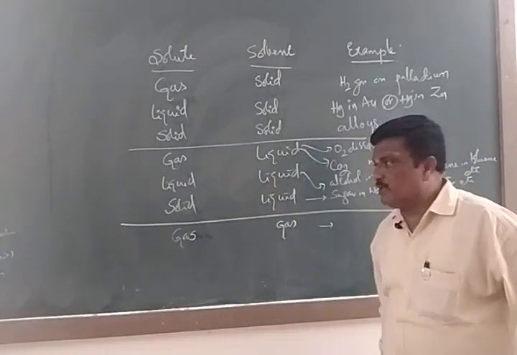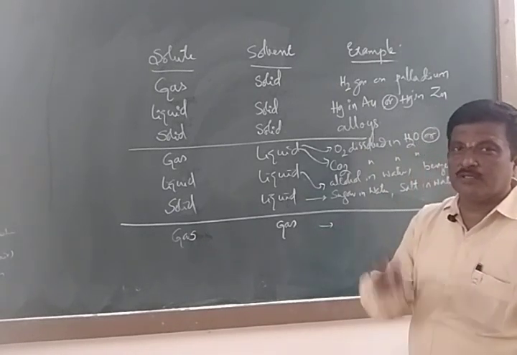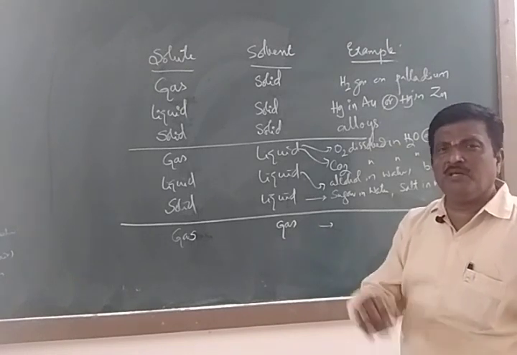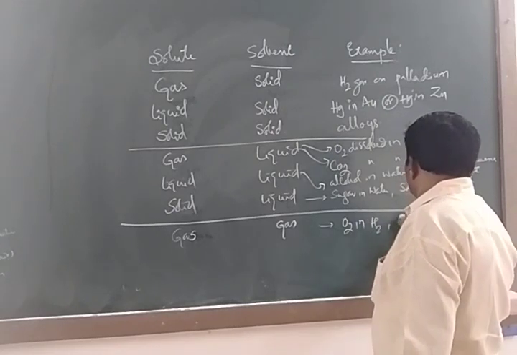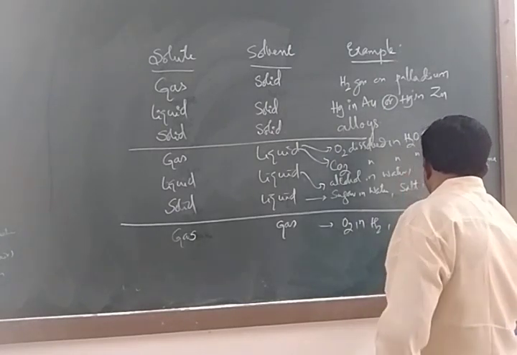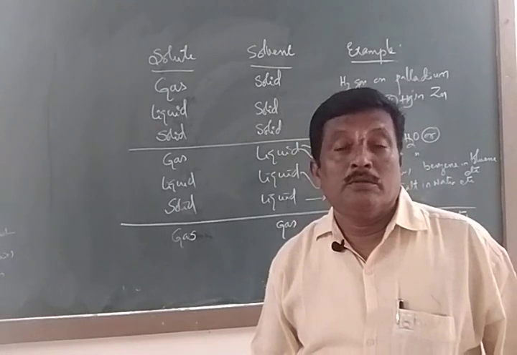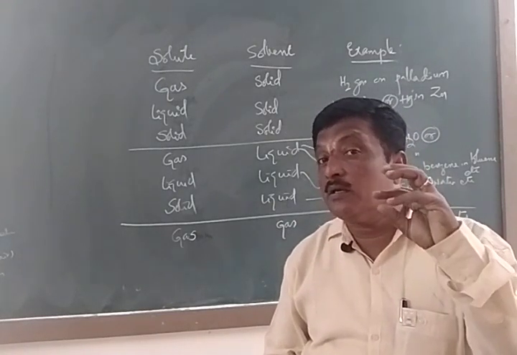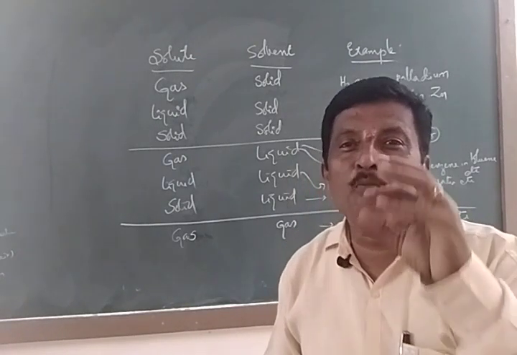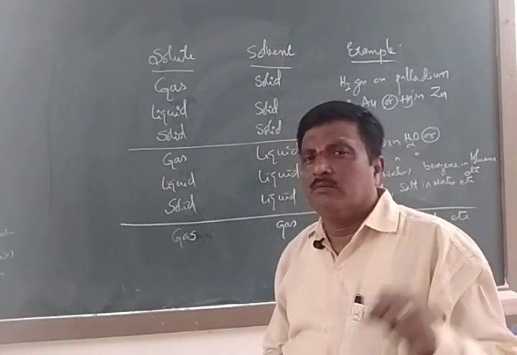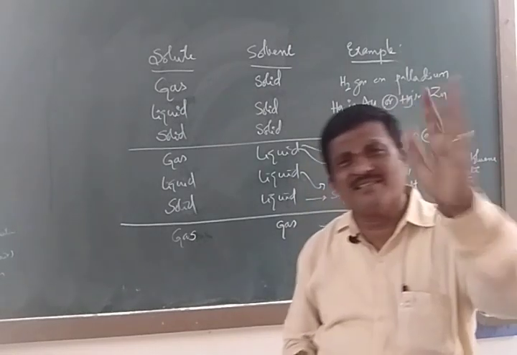Very simple. You can quote examples: oxygen in nitrogen, oxygen in hydrogen, many, isn't it? But actually, you may have a concept that air is a solution. Sorry, it is a heterogeneous mixture, because there will be moisture. It contains hydrogen, oxygen, nitrogen, carbon dioxide, a small amount of carbon monoxide, etc., and other gases.